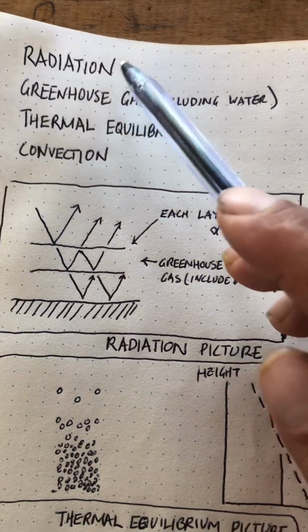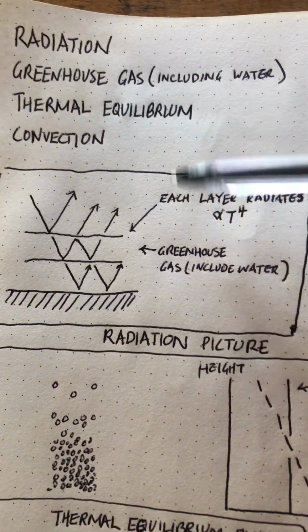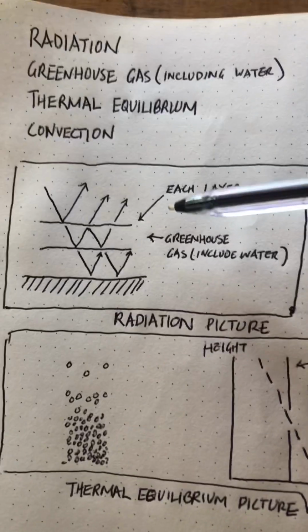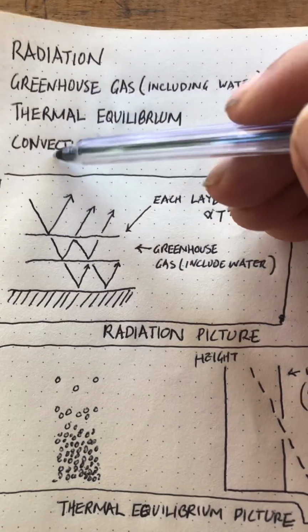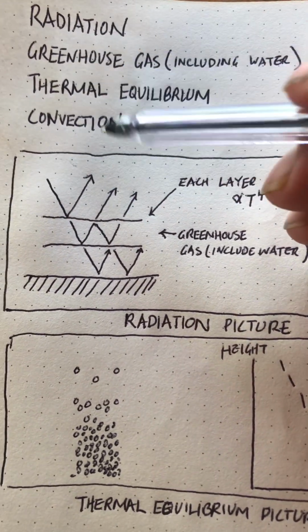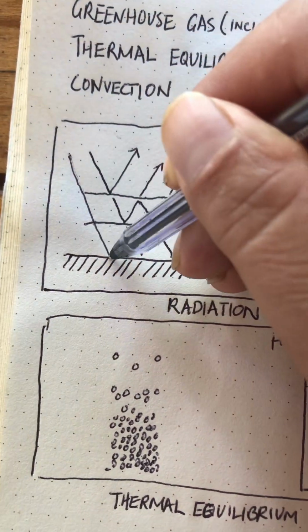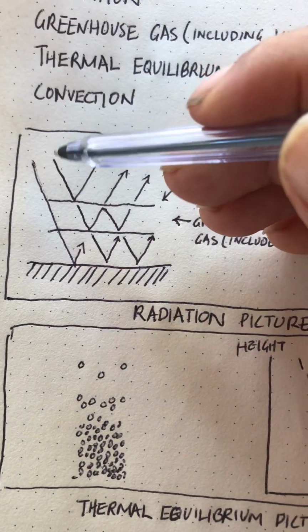So in terms of the radiation and the greenhouse gas, there's two basic pictures we're going to look at, the radiation picture and the thermal equilibrium picture, and this is also a radiative equilibrium picture. And so this takes into account the solar radiation as it comes in, and some of it also comes all the way in here. So what happens as the solar radiation comes in